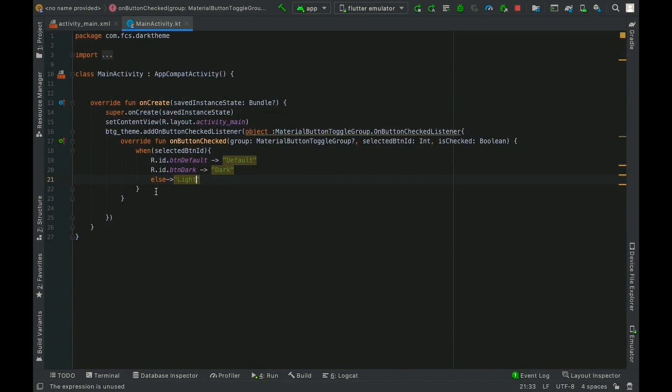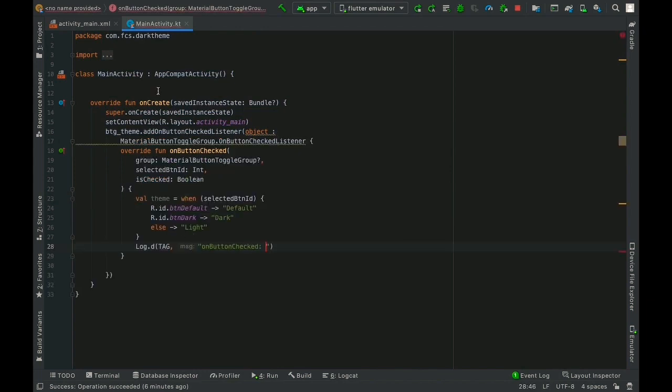So here I added 3 possible conditions. Whenever we click on a button, we will get the selected button ID, so it will be btn_default or dark, or else it will be light. I am just returning some string value for now, and I am going to save this in a variable called theme.